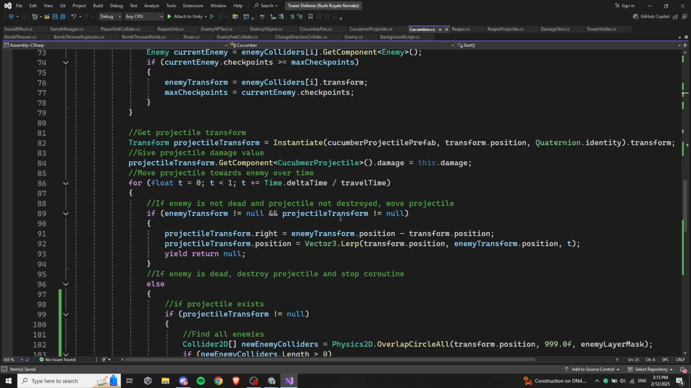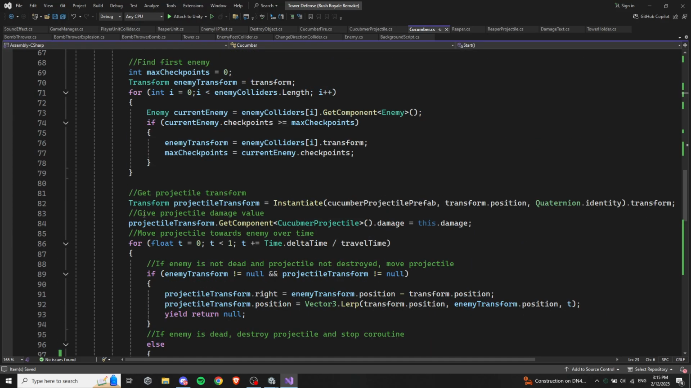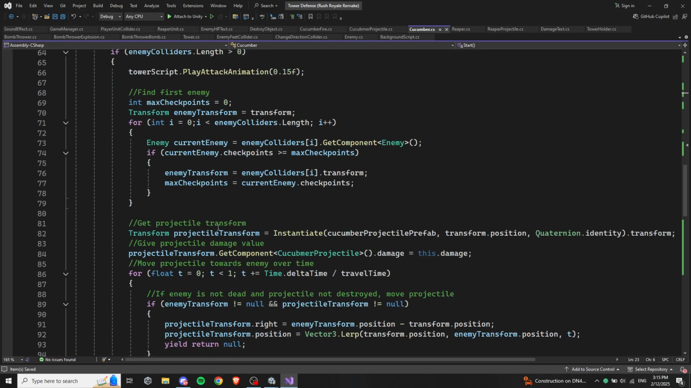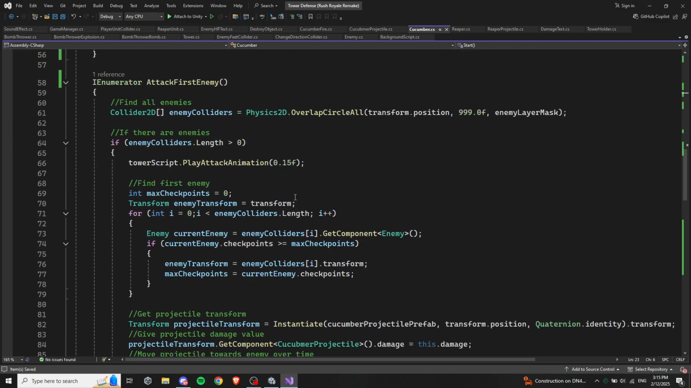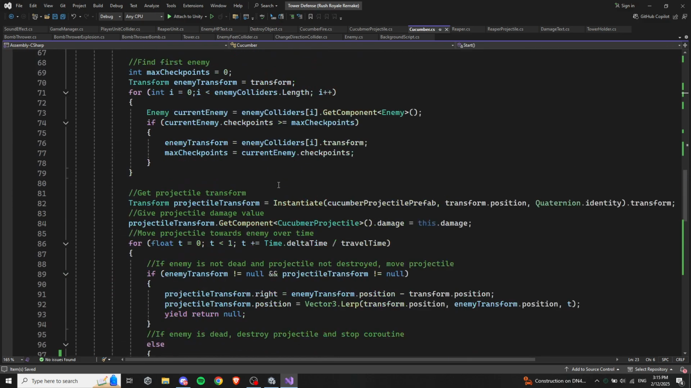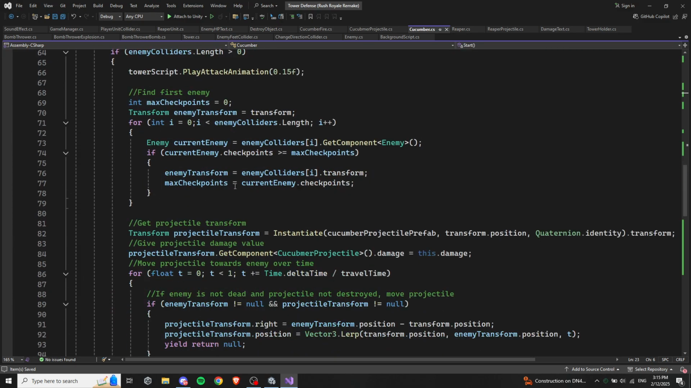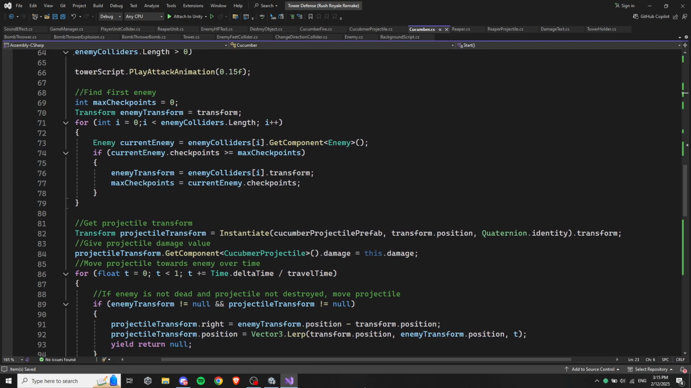So here when we spawn the projectile, where is it? Where is the actual projectile? I don't see it. Where does it spawn? Yes, so here we spawn. We need to give a reference to this tower to the script. So to do that, we'll go to our cucumber fire, not fire. Where is projectile? This,